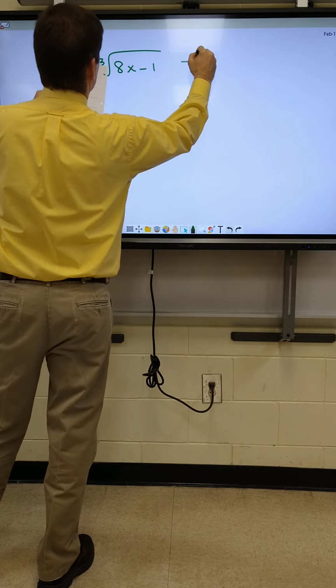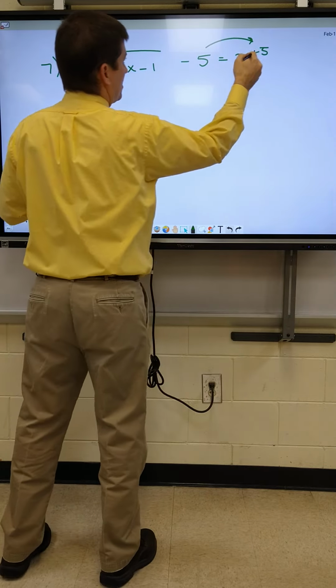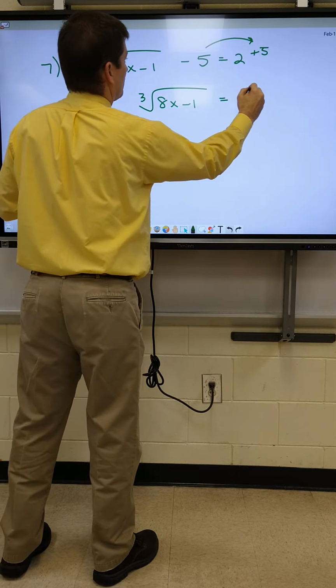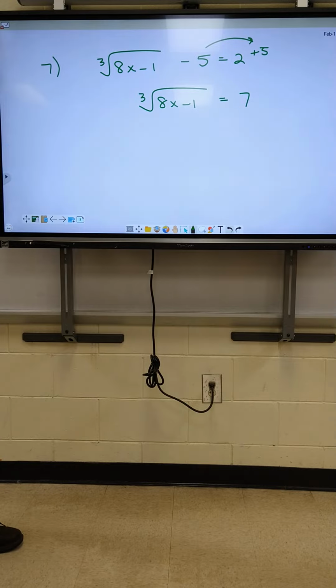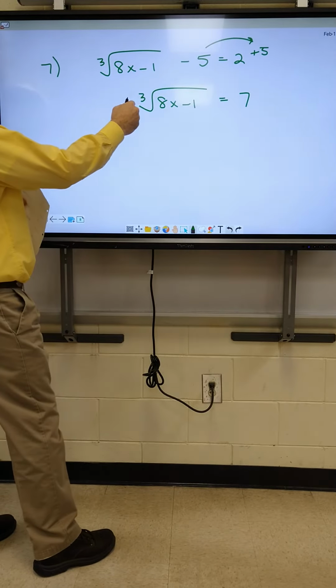8x minus 1. So move minus 5 over, that's a positive 5, that's gonna give me 7. Alright, Riley, we good? Yes. Alright, so Riley, if I want to get rid of a cube root symbol this time, instead of square